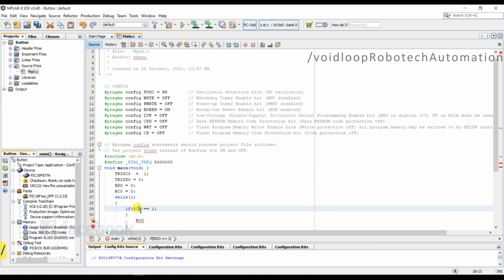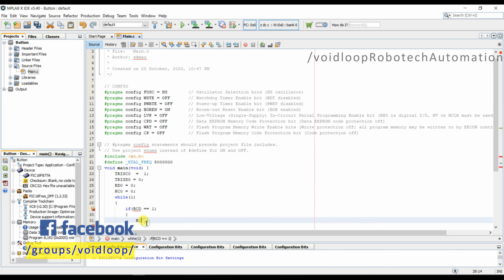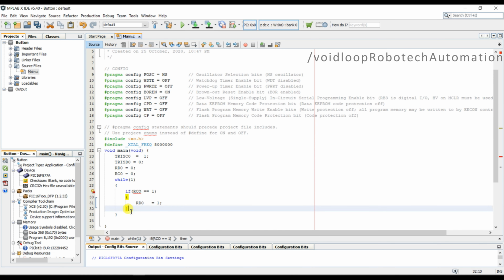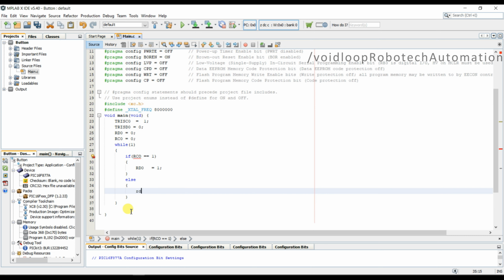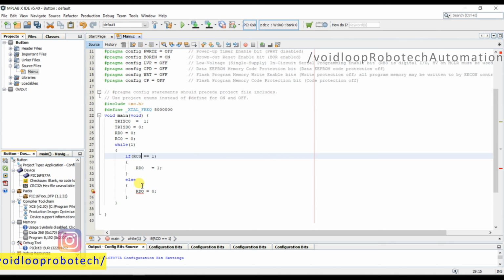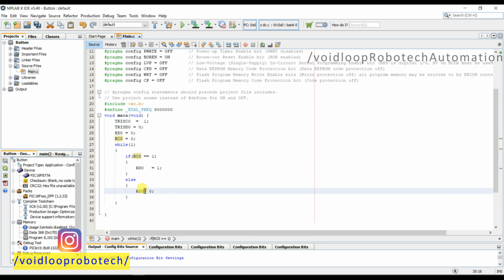If RC0 equal to 1, then RD0 will be turned on, and else RD0 equal to 0, means the LED will turn off. This is 0 and this is 0, not O. Now the code is ready.